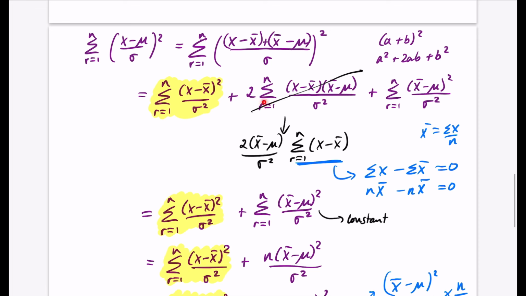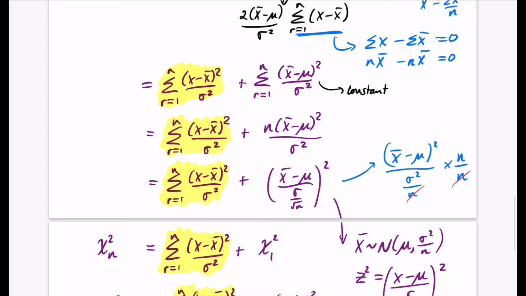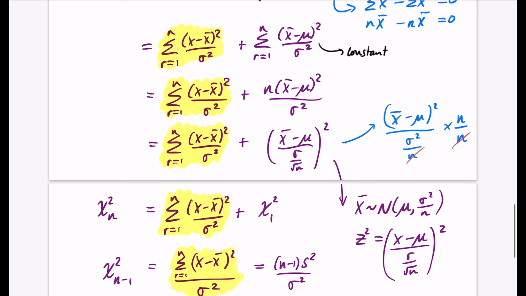I found out that this gave me the thing I wanted originally up here. The middle part I found out to cancel because I knew that this part became 0 by looking at the stuff in blue, and I just needed to investigate this last part, which was actually just a constant being summed up n times, so it got multiplied by n. I did a sneaky thing here where I put the n back inside and it went into the denominator like this, which then looked like a standardized version of the x bar distribution,